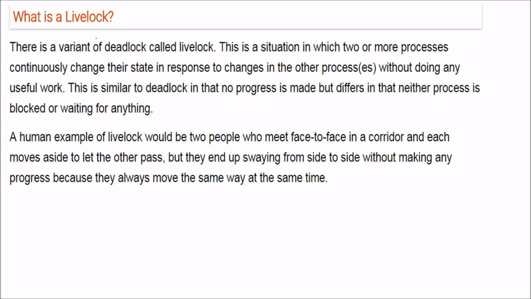What is livelock? Let me first give you an example. Two men are moving along a corridor, and there is only a little space. How can they get by? He may go this side, he may go that side. But they both move together. Once they find they are not able to proceed, they go that way, and simultaneously the other goes that way.